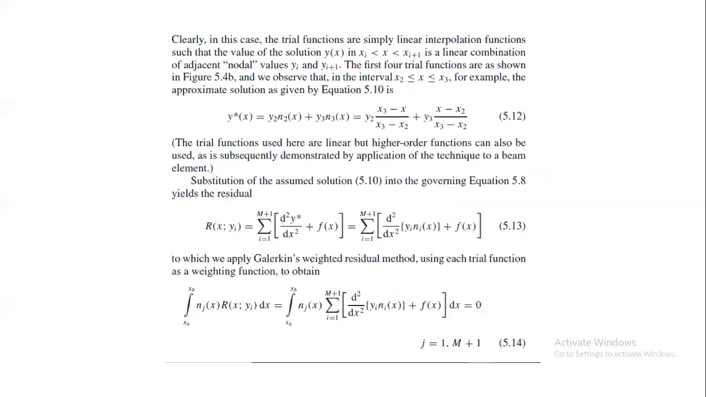So now clearly in this case, the trial functions are simply linear interpolation functions such that the value of the solution in this interval is a linear combination of adjacent nodal values, right? So we are saying that y star is actually the linear combination y2 N2 plus y3 N3, and we have already defined N2 and N3, so we can substitute them here and simplify further. So now when we talk about the residual, we are actually saying that it is actually the approximate